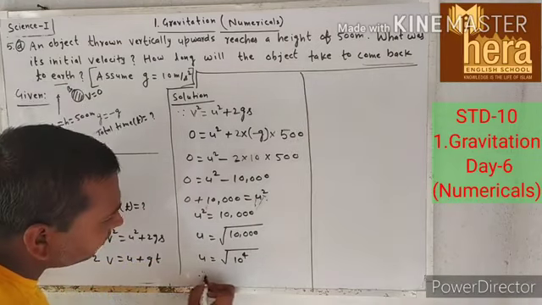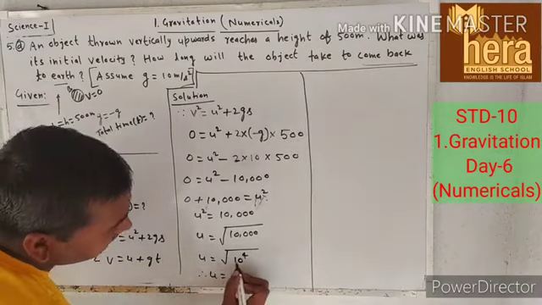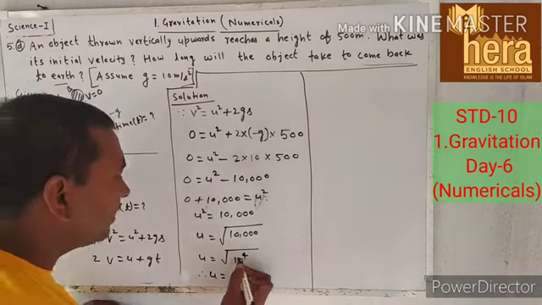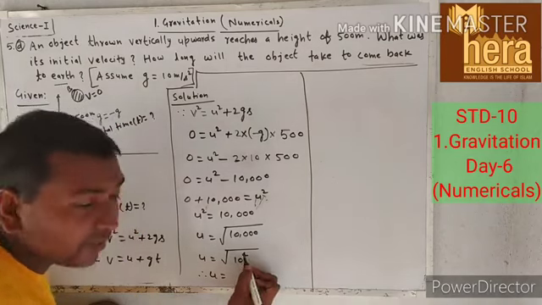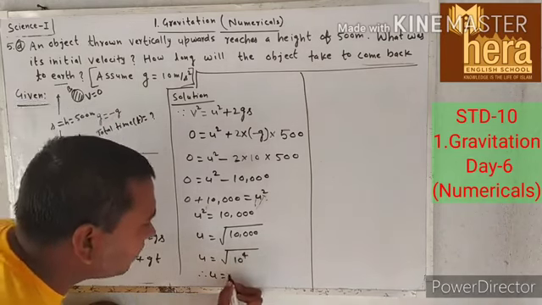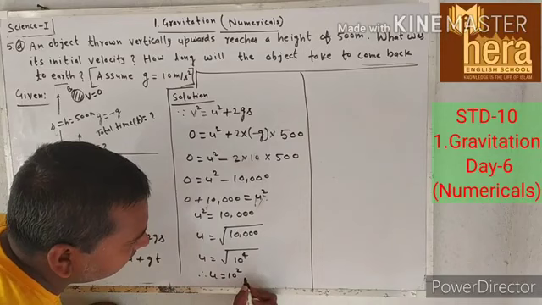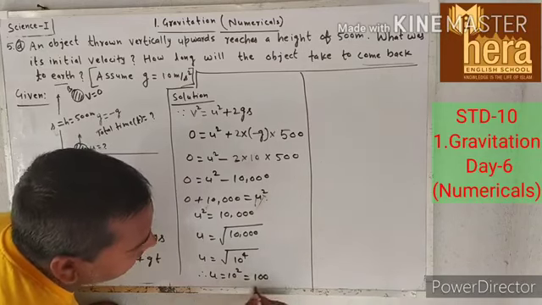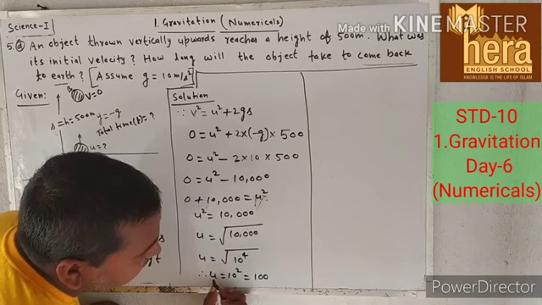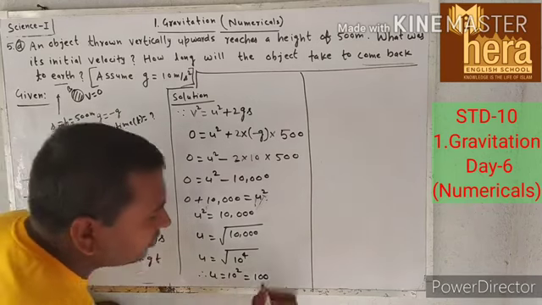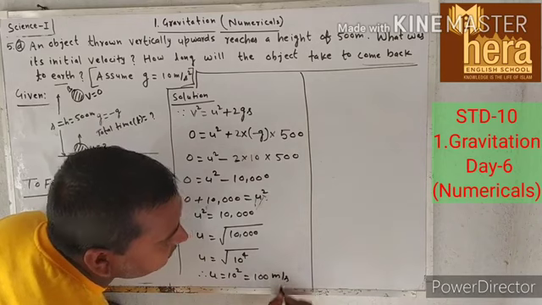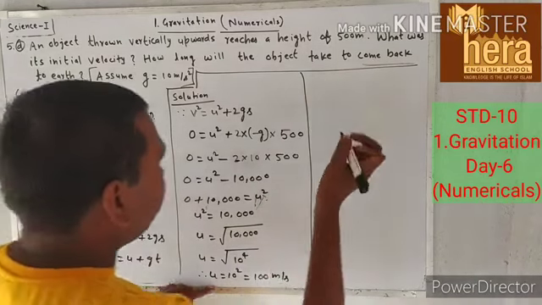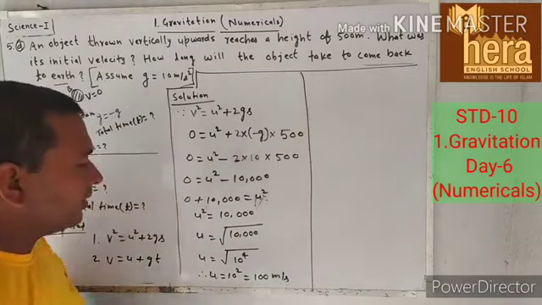right? Therefore u is equal to, in basics I have already explained you, this index becomes half. This is even number, so this will be equal to 10 raised to 2, that is 10 into 10, that is 100. U is the initial velocity, so therefore its unit will be meter per second. So in language we will write here, therefore initial velocity will be equal to, okay, at last we will write.